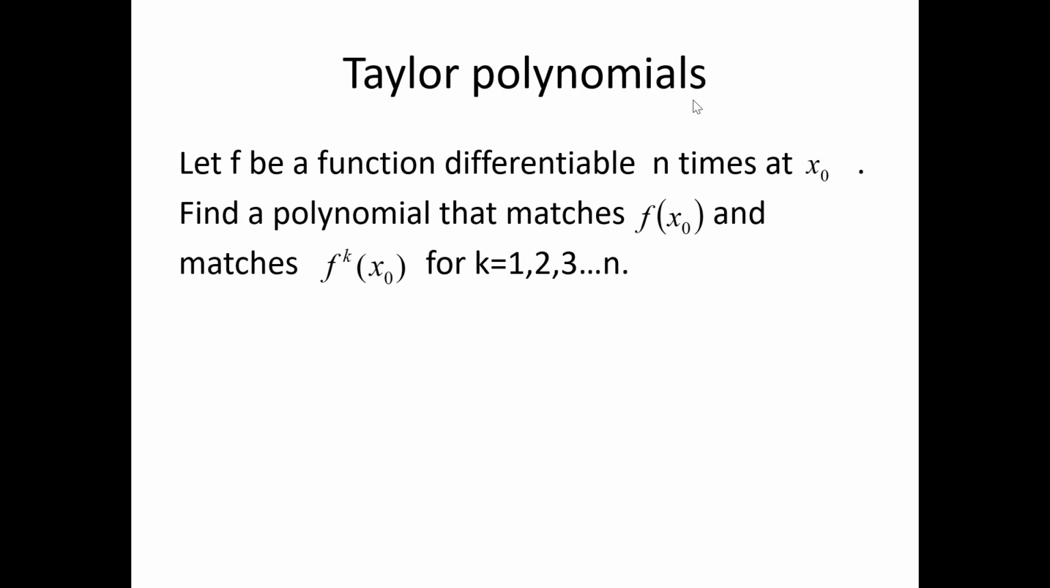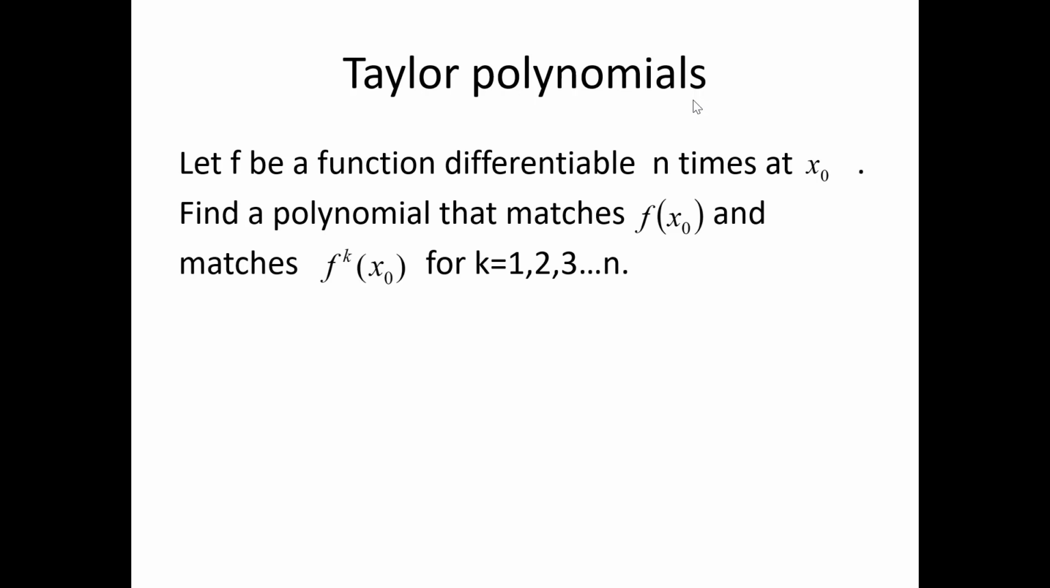So let f be a function differentiable n times at x naught, not at 0. Now it's at x naught, some generic number. Find a polynomial that matches f of x naught and that matches the kth derivative at x naught for k equals 1, 2, 3, up to n. Now the approach here is that what was nice about 0 is that all our terms went away when we plugged in 0 except that first term that didn't have a variable in it. But now we have this x naught, so